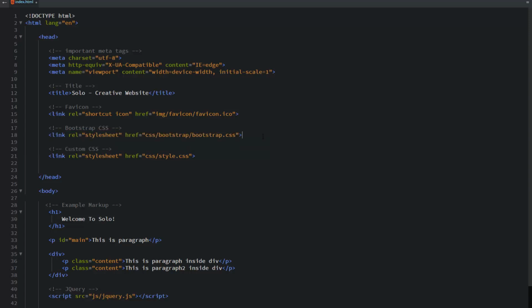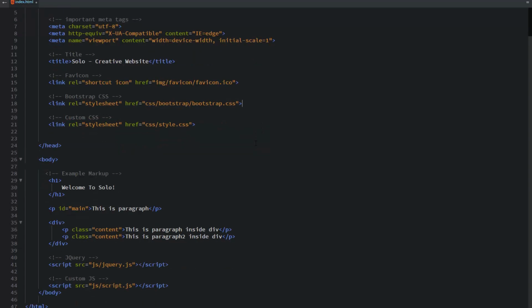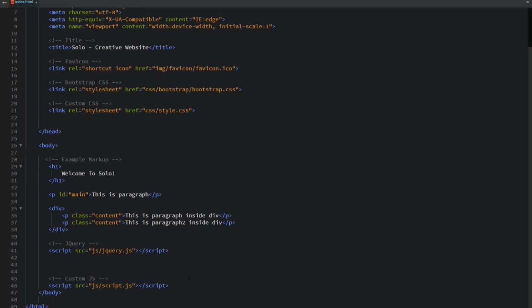Next we need to add Bootstrap JavaScript file. I'll go down to this page. We need to add Bootstrap JavaScript file after the jQuery library because Bootstrap requires jQuery library, so it is important to remember. I'm going to write comment for Bootstrap JavaScript file, and the comment is bootstrap.js,